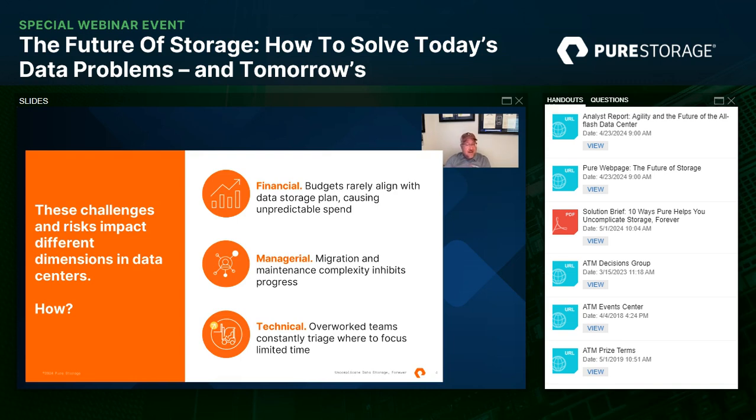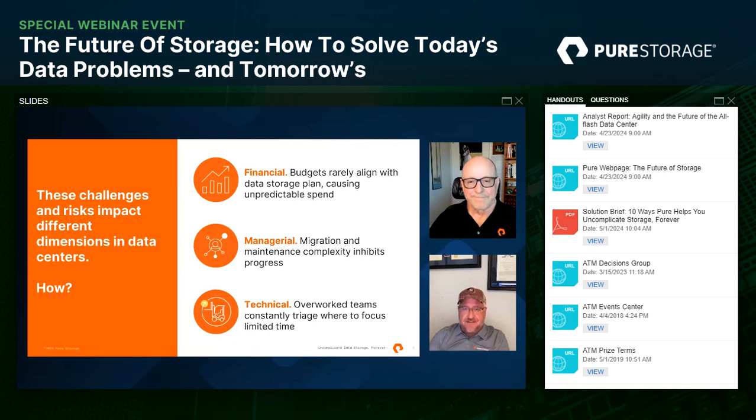And that technical thing is huge. It really is, because once you can tamp down those technical challenges, I know we say this all the time, you really can start to think about your data center aligning with your business needs. You don't want to make storage the long pole in the tent.